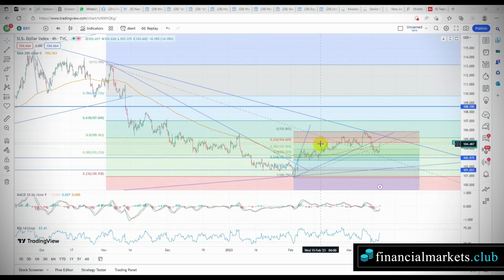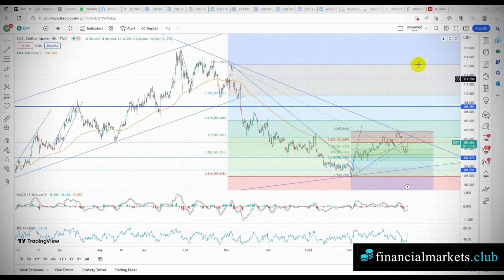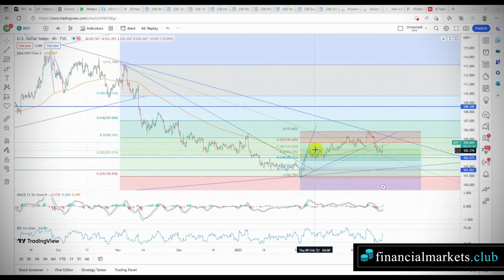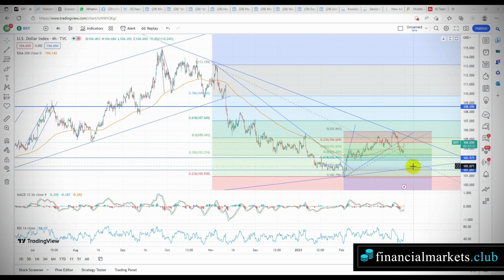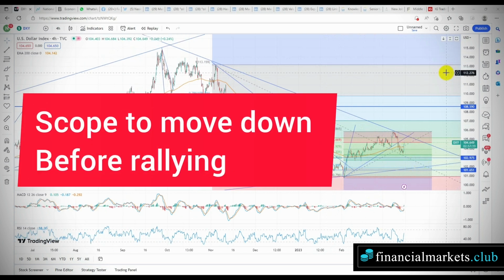In my last video, I was talking about how we could see the dollar index strengthen up to around 115, trying to retest those levels. We haven't quite got there yet. Again, there's a lot of slow movement going on, but I'm not going to give up on this yet. I was also talking about how when the dollar index was down here, this may not necessarily be the turning point. It might be the case that we go a little bit lower before trying to go up and retest those levels.